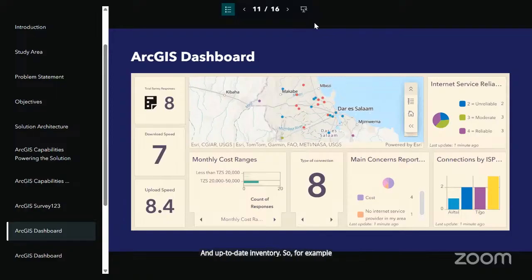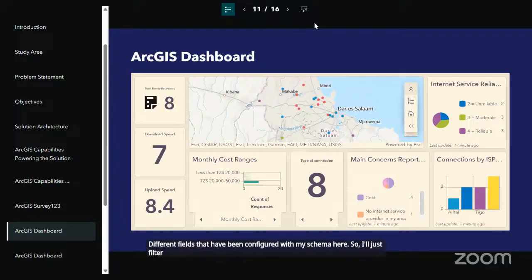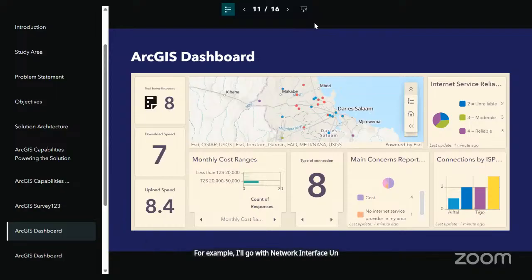So, for example, an officer visiting the field could be able to collect data. There are different fields that have been configured with my schema here. So I'll just filter which type of infrastructure I want to collect. For example, I'll go with network interface unit. The field officer that has to collect the data about such infrastructure could be able to take the information about specific infrastructures. In my case, I've just used the network interface unit and just gone through filling the ID. Maybe I'll just use interface 1,